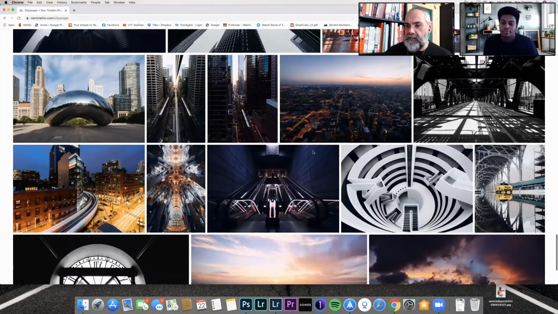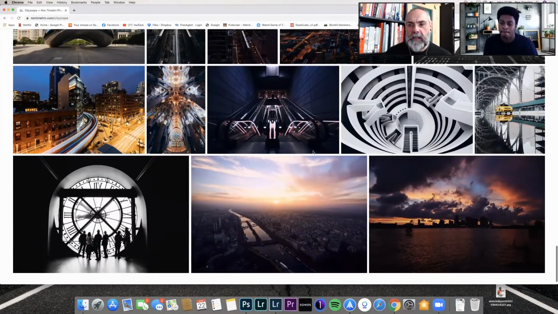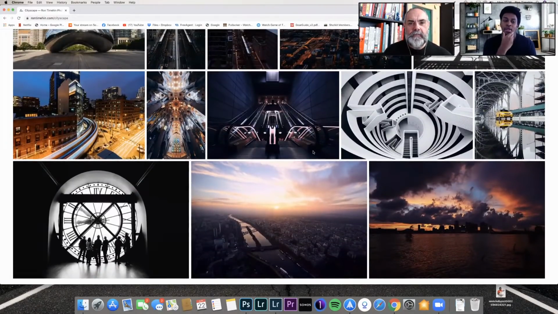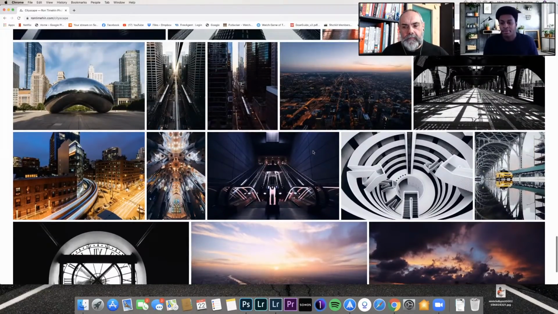Amazing images. Love your work. Mustafa's asking, what is your creative process when you're capturing your images? That's a good question. It would depend what I'm shooting, first and foremost. But for cityscape photography, for example, a lot of it is location based. So a lot of the work that I do when shooting cityscapes comes before I've even picked up the camera. A lot of it is about research,